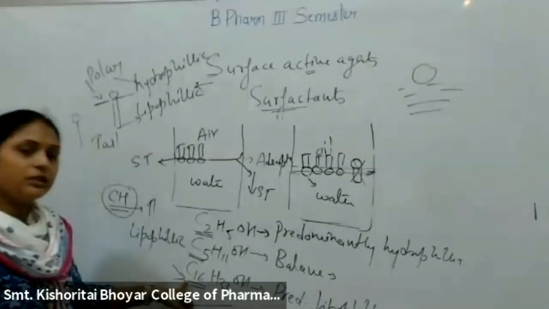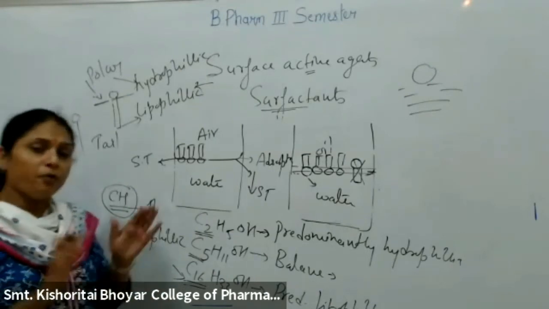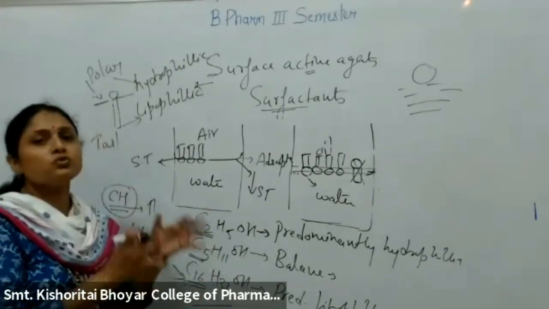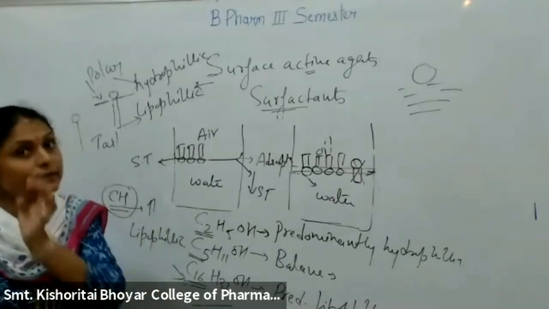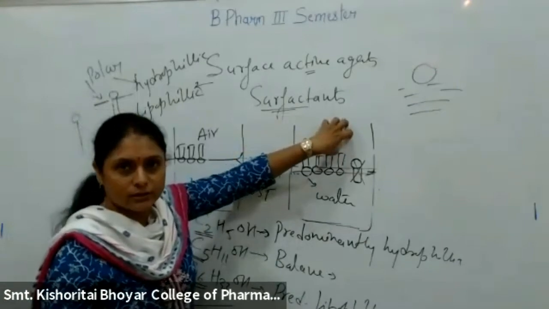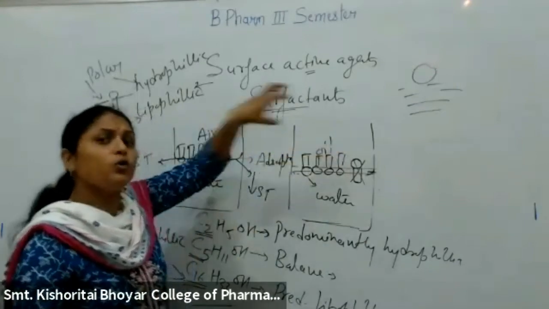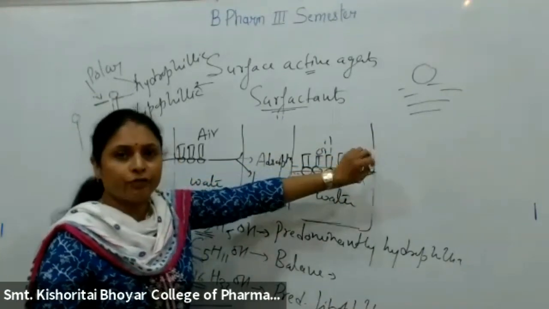This cetyl alcohol, इसकी लिपोफिलिसिटी ज्यादा है, predominantly lipophilic है वो नेचर में, मैक्सिमम पोर्शन उसका जो टेल पोर्शन है वो लिपोफिलिक है, उसकी लिपोफिलिक प्रॉपर्टीज ज्यादा है, and thereby it will remain in the oil phase. It will prefer to remain in the oil phase. It will not be adsorbed at the interface.